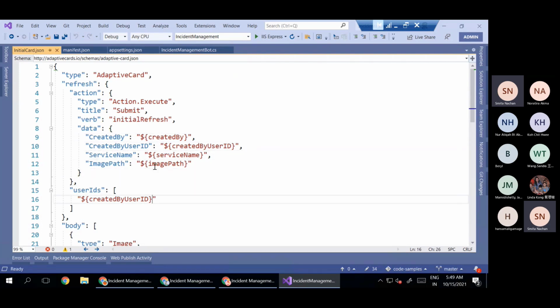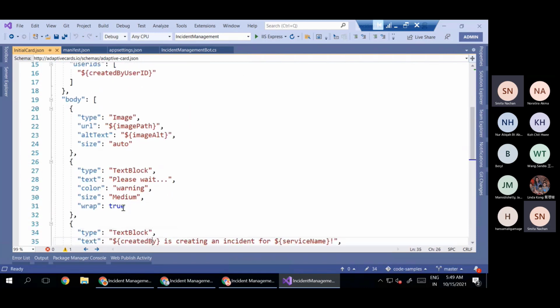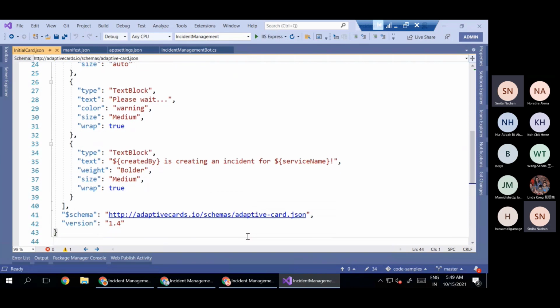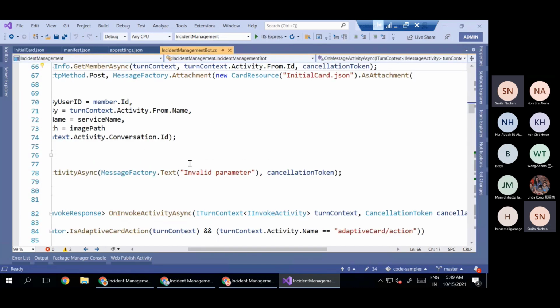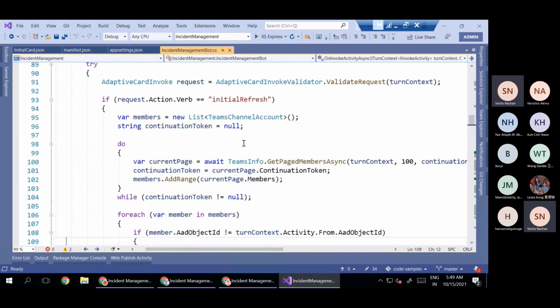Okay, and then this is the user ID array in which we can specify the name of the user, and in this case just the created by. And then in the body we just have that someone is raising the incident, is creating the incident, and it should wait there. And this is the version that we have. Once we send out this as the first instance of our adaptive card onto the Teams channel,